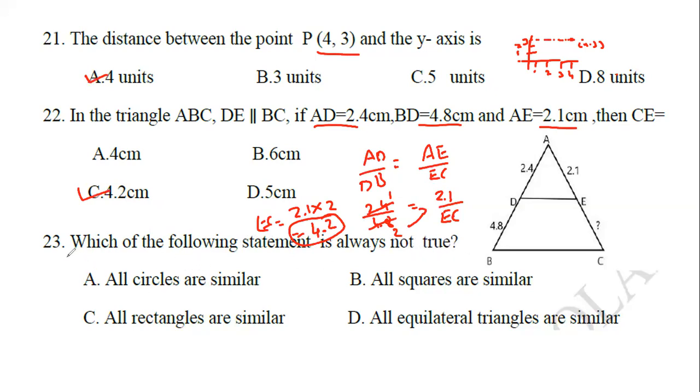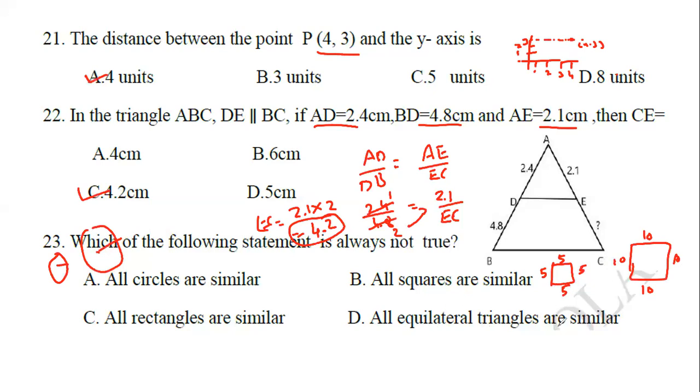All circles are similar. Yes, take this circle and take another, big circle. The ratios of this are the same. Correct? All squares are similar. Yes. So this is one square and this is one more square. This one is 5, and a square means all sides are equal: 5, 5, 5, 5. This other one is 10. Take the ratios. You will get what? The ratios will be the same: 1:2, 1:2, 1:2, 1:2.